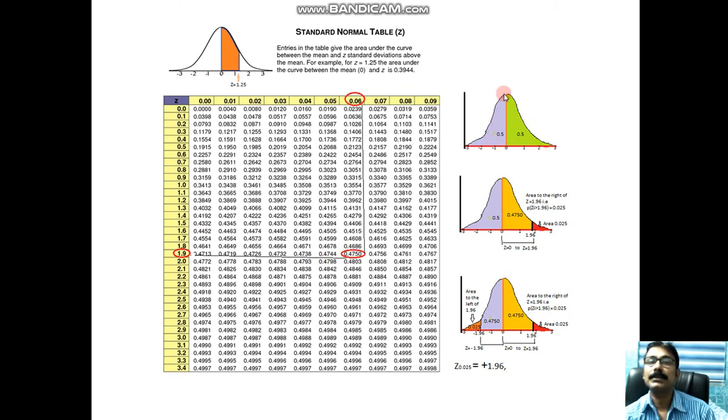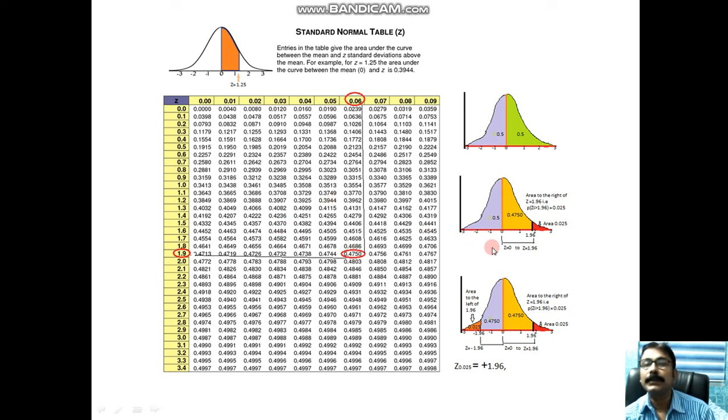Therefore this is the standard normal distribution. If we divide it into two parts, since this is symmetrical, the area of the right hand side part is 0.5 and this is 0.5, so that the sum of the probabilities, that means the total area, equals 1. Now, if the value of z is 1.96, how can we check it in the table? Go to this column, that is 1.9, and go to this column also, 0.06. So for the z value 1.96, the area is 0.4750.